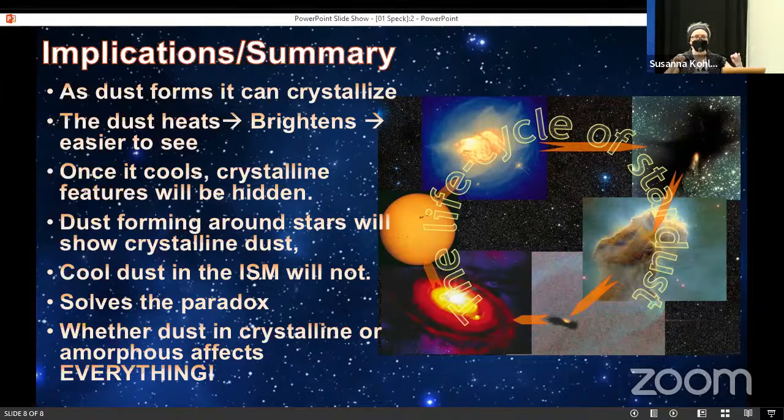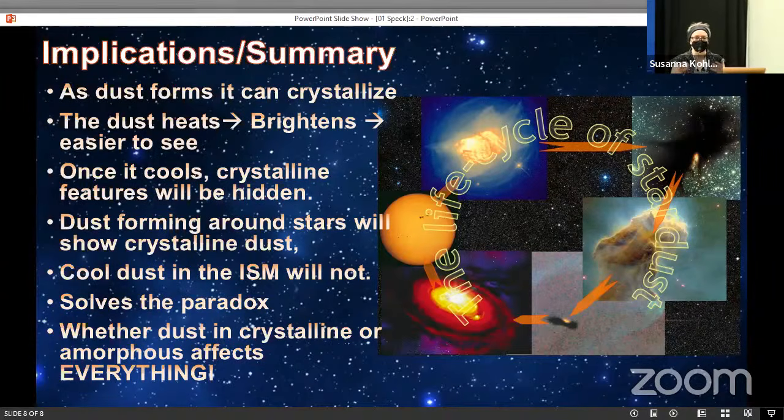And so when we estimate how much material there is, we're saying there's a lot more crystalline stuff than there really is, because we're assuming everything's at the same temperature. But actually our crystals are much, much hotter. And so this means that what we think is true for the interstellar medium is probably true for what's being put out there by the stars as well. The crystalline material is not as important as we thought it might be.